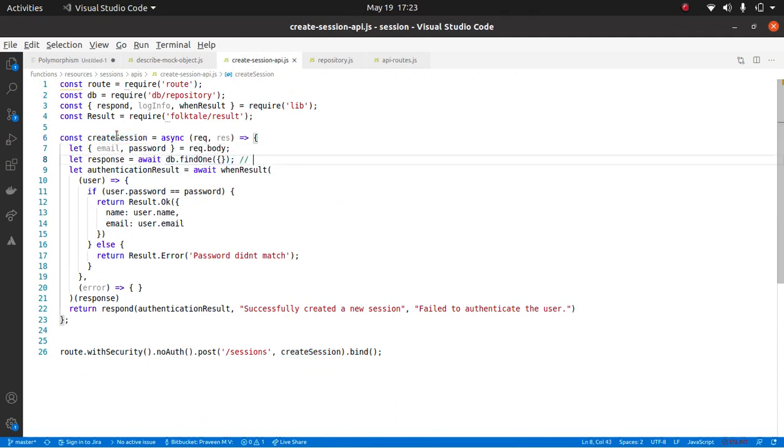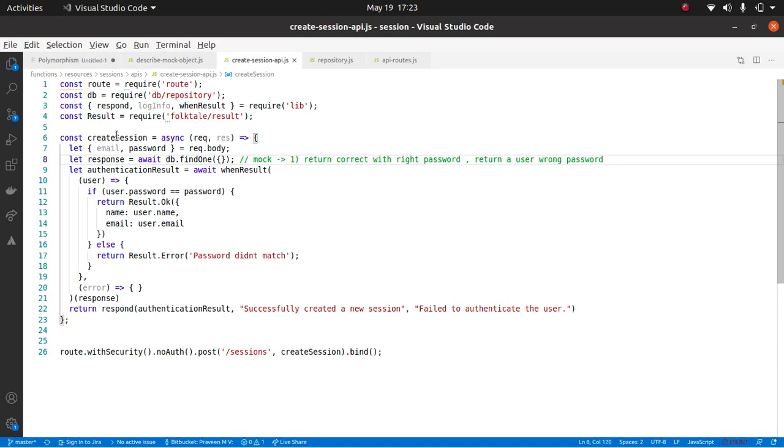In the mock I am going to have various scenarios. In the first scenario I will return the correct user with the right password. In the second scenario I am going to return a user with the wrong password, and I want to check what happens.